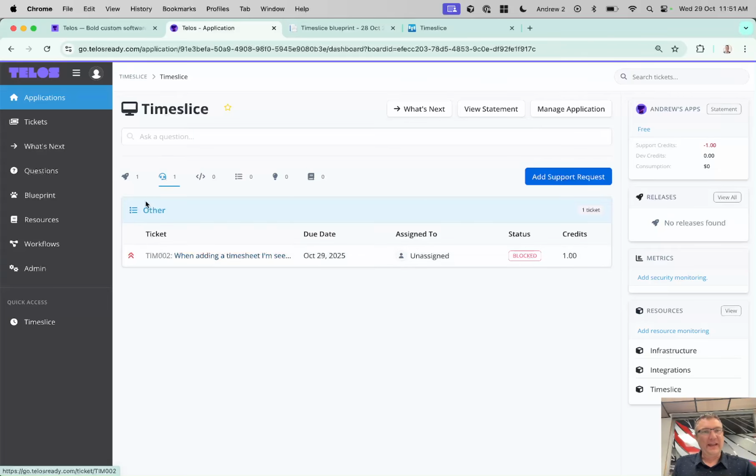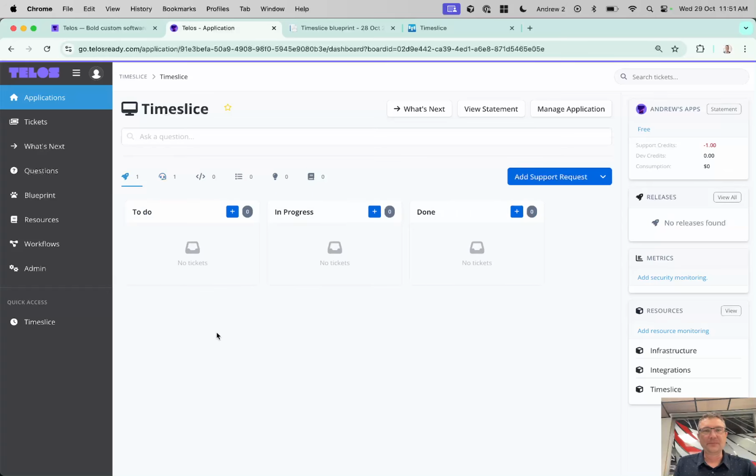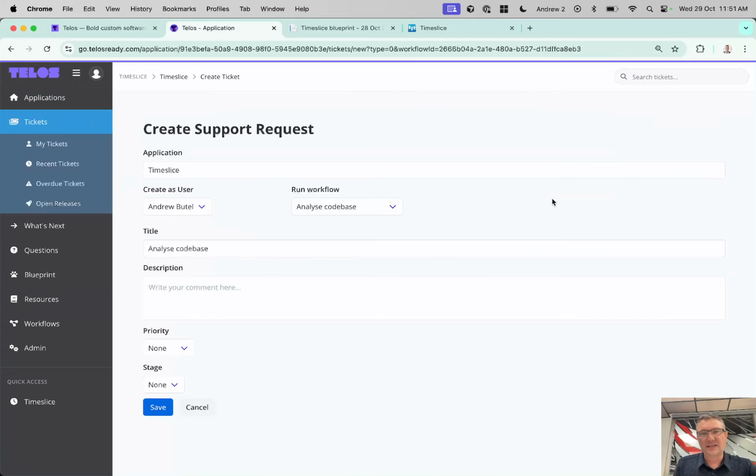However, while doing that, our onboarding ticket has completed, and so I want to show you the next step. There's a few options here in the onboarding board, and the one I want to show you is analyze code base. But what I find sometimes more useful is to write the user guide. When you analyze a code base, actually let's do both, because a big part of the system is the Workflow